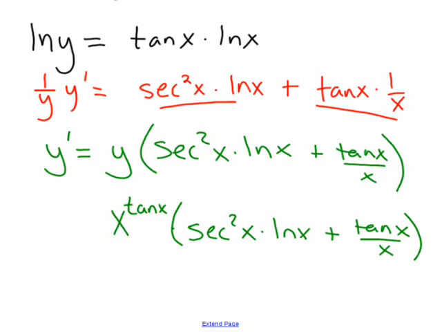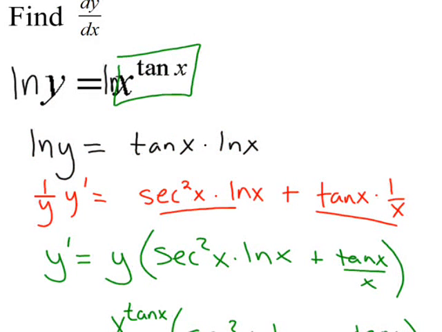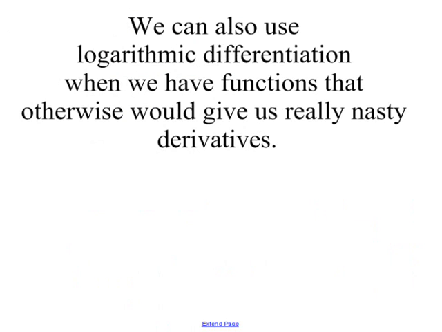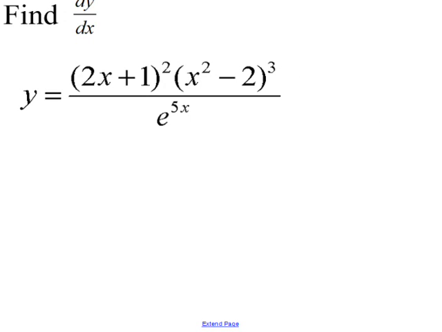All right, so that process is nice because otherwise we wouldn't be able to take the derivative of functions raised to functions. Okay, but we also use it when maybe the derivative using all the rules we know so far are really nasty. So let's look at this last one here. So I have a derivative. I've got quotient rule, I've got product rule, I've got chain rule, lots of icky stuff. And if you want to go through, and I might encourage you to do so just to practice your skills, go through and see what you get and see if you come up to something like we're going to get with our